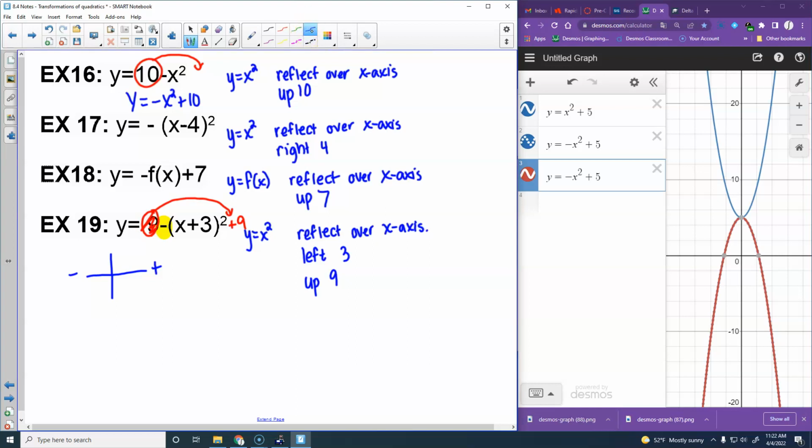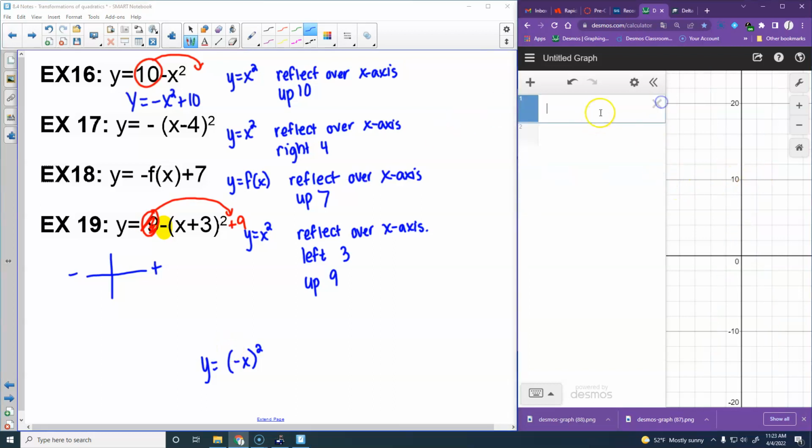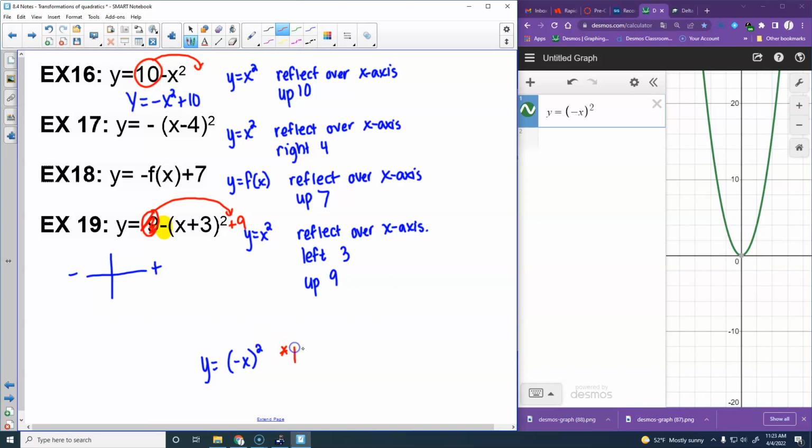Just as we're not going to do this in this class, if you ever see a negative on the inside of the parentheses, like if I graph y equals negative x to the second, it doesn't look any different, right? It is actually different, but it doesn't look different. If the negative is inside the parentheses, it's going to reflect